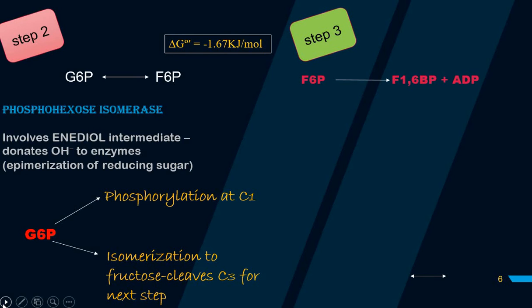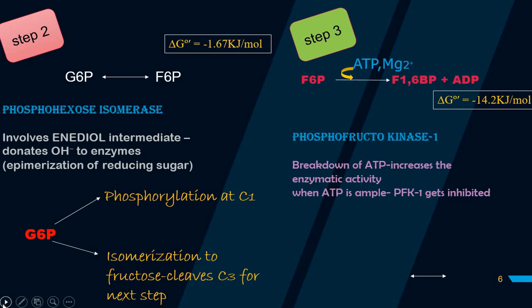And step 3 is conversion of fructose 6-phosphate to fructose 1,6 bisphosphate in presence of ATP and magnesium ion. So in this reaction, step 1 mari priming reaction da, because it consumes an ATP molecule and the amount of free energy liberated in this step is minus 14.2 kilojoule per mole, which shows it is an irreversible reaction. The enzyme that guards this step is phosphofructokinase 1,